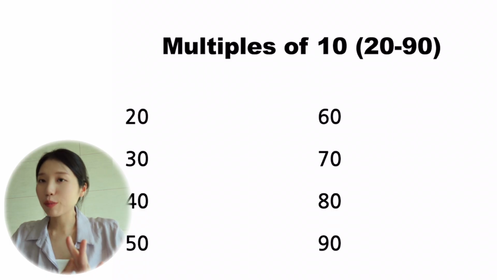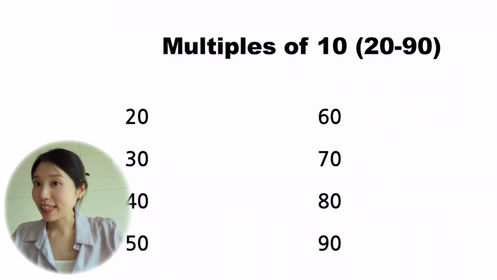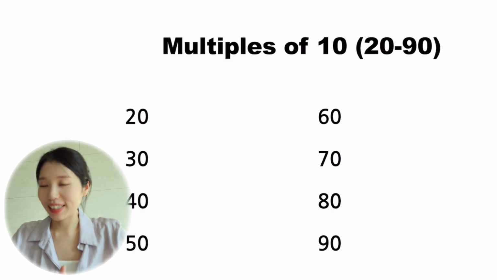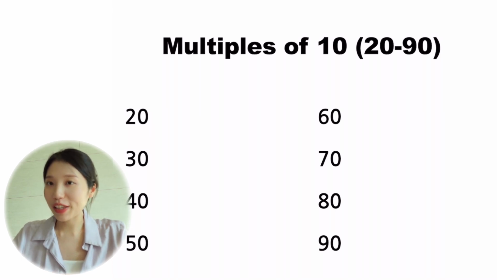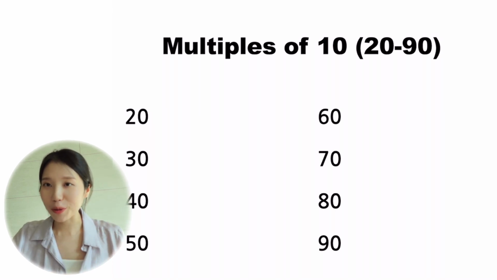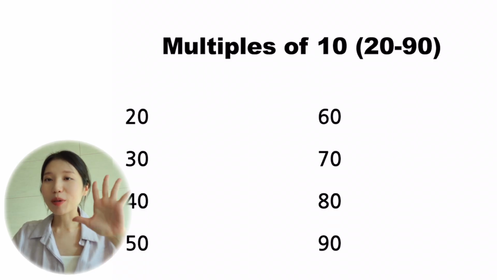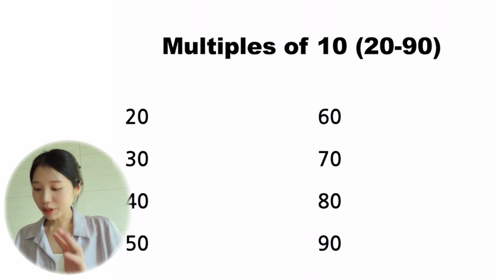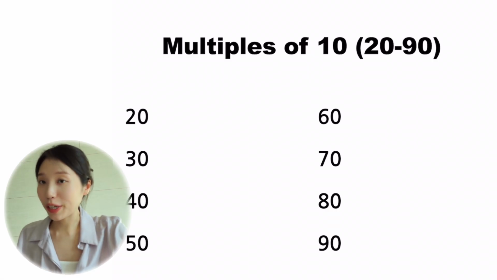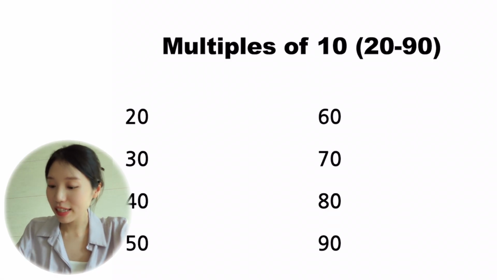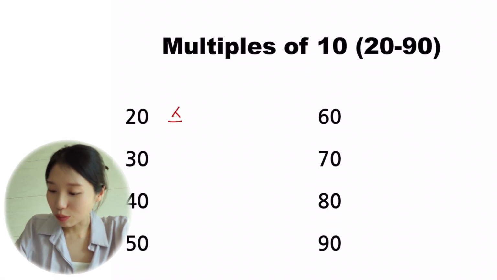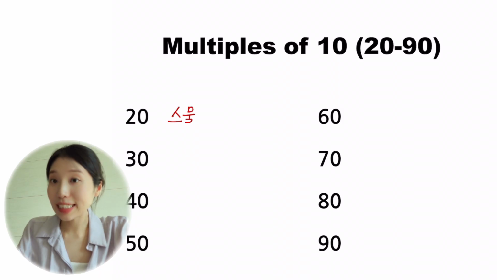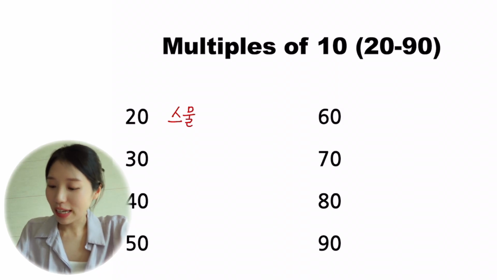Okay, next. From 20 to 90. So it's multiples of 10. I put a title like this. And unfortunately, there is a special name for each of 20, 30, 40 till 90. But don't worry, only native Korean numbers have special names. First, 20. The name of 20 in native Korean numbers is 스물. And 30,